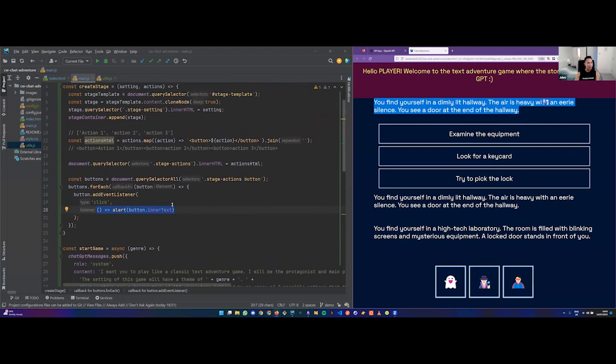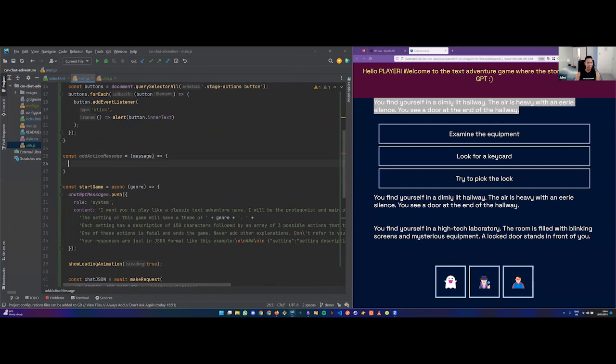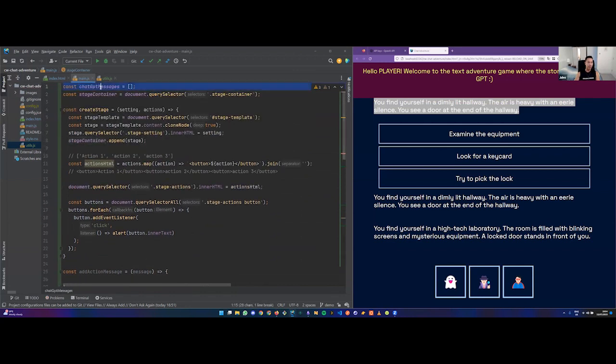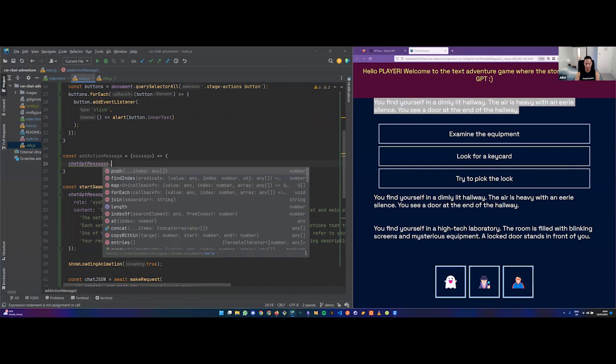So I believe somewhere around here is fine. Let's create another function, add action message. And we're going to go back to our ChatGPT messages array here. So that currently just has my setup text, sorry, and the response with the setting and the actions. So now I'm going to tell it, this is the action I'm taking as part of this. So ChatGPT messages, push,